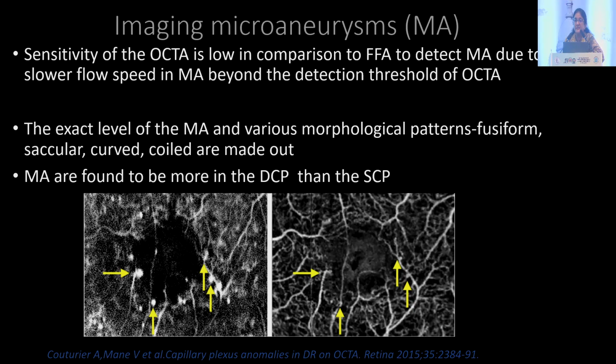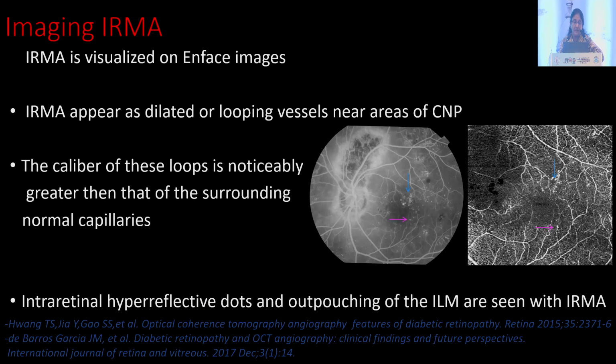Microaneurysms, of course, are a feature of DR, which is basically said to be a slower flow speed pathology, and therefore it is better picked up on a fundus fluorescein angiography rather than on an OCTA. And that is how we need to understand that both FFA and OCTA are going to be